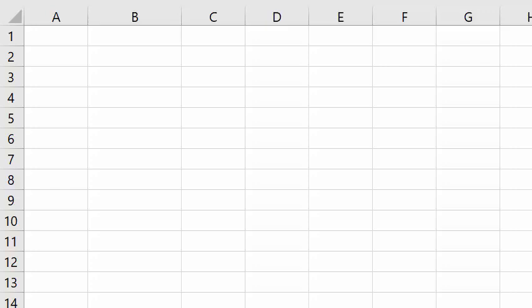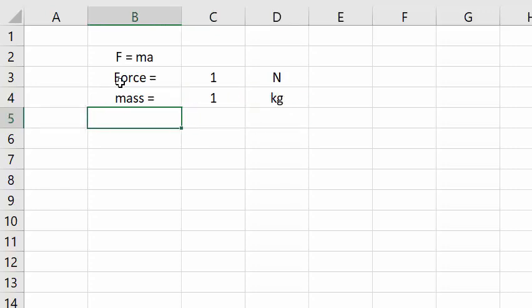This is a video about building simple mathematical models. We know from Newton's second law of motion that force is equal to mass times acceleration. Let's have a cell called force, and we set that equal to 1 Newton, and we have a cell called mass, and we set that equal to 1 kilogram, and we can calculate the acceleration,